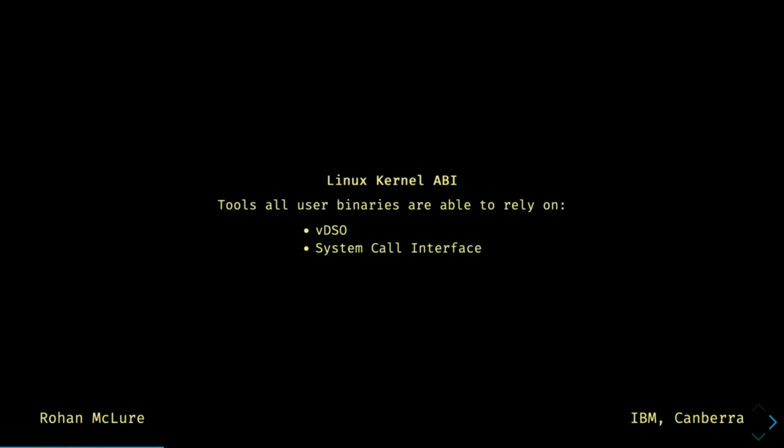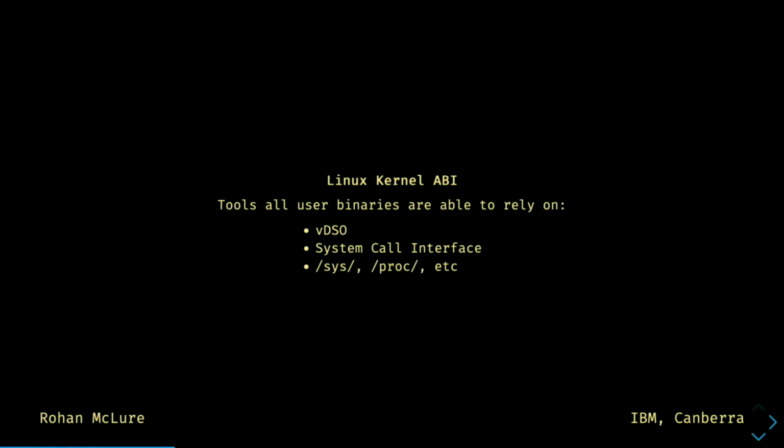The VDSO actually exists to circumvent some of the performance ramifications of syscalls, which almost always imply a sort of context switch. And so system calls have been opted out so that your libc can choose to call things via the VDSO if appropriate.